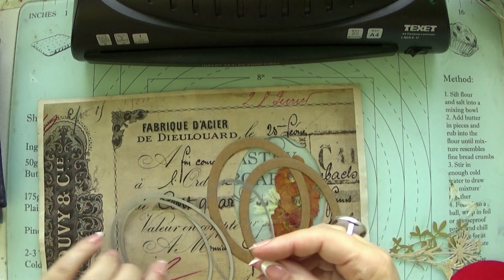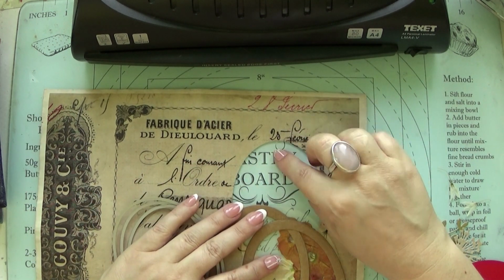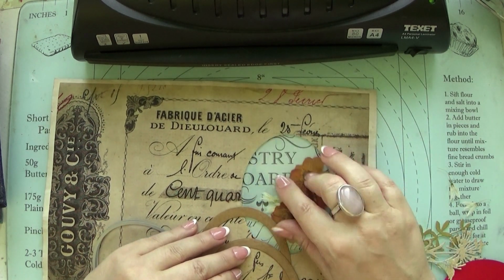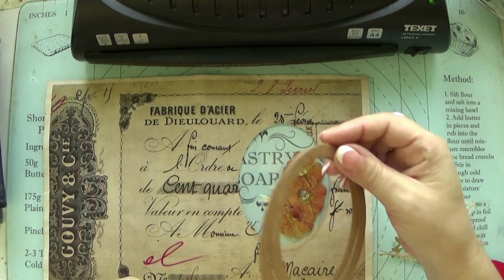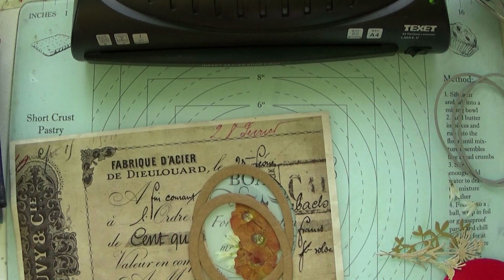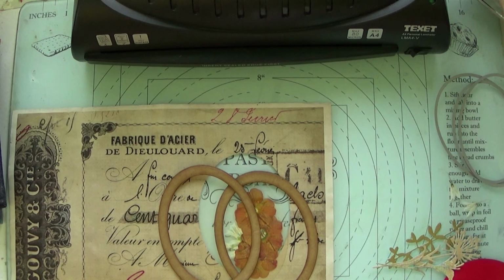So if we say that they are small, medium and large, I have used the medium one for the window and for the acetate piece, and then I have used the larger and smaller ones for the window, or for the frames. Okay, so we have 2 frames, and I just want to get these inked up very quickly. Okay, so there they are, all inked up, and I'm going to give them a little bit of gilding with